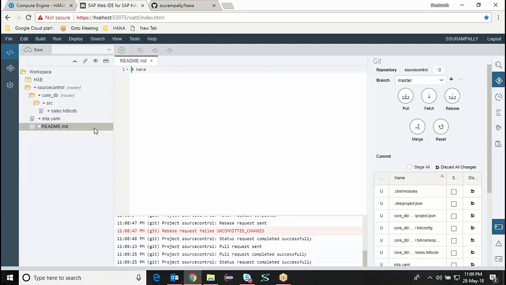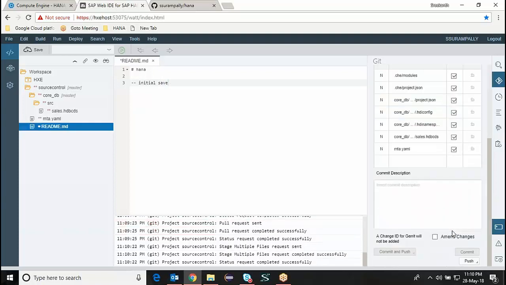Now I'm going to make some changes to my readme file and also make all these objects which are in my local repository available in my GitHub repository. For that, I'm going to just say adding a text to the readme file, initial save, and then also stage all. All the objects of my local repository are now going to be saved first,